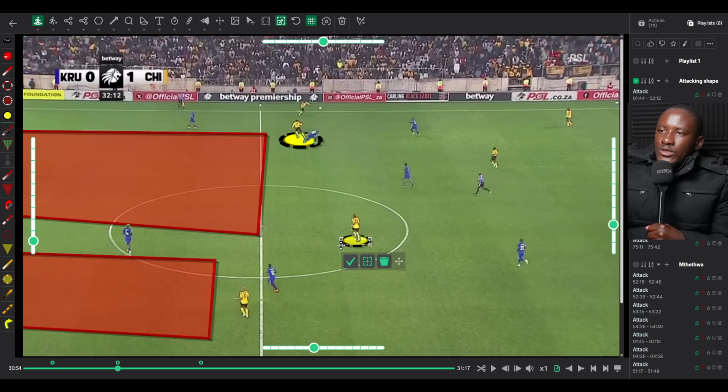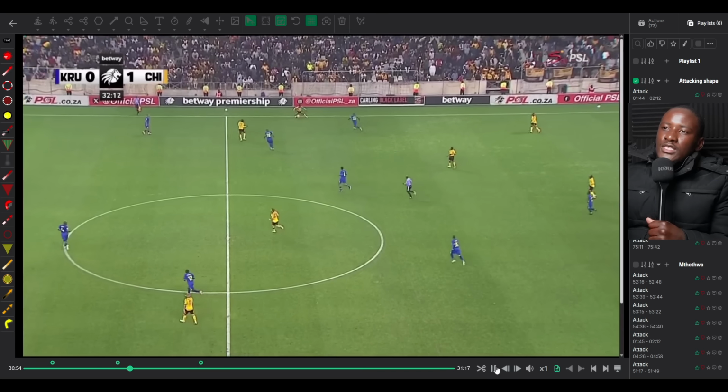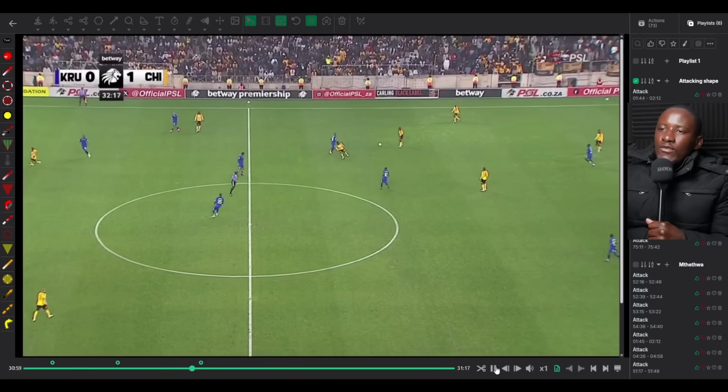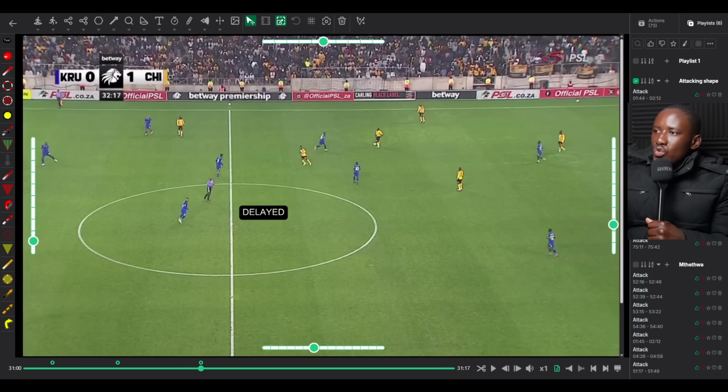Now look at what we have. We have Ethan Chislet who can now attack that space. We have Badman who can now attack that space. So the setup is allowing them to come and press us, but now we also have space that we can run into. Fundo wins the ball, and now if we are quick enough, we pass the ball there, but we don't do that because we delayed it.